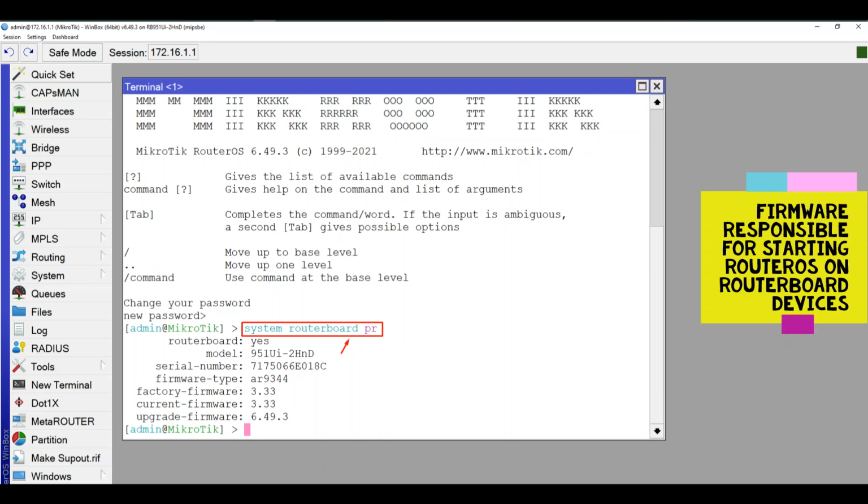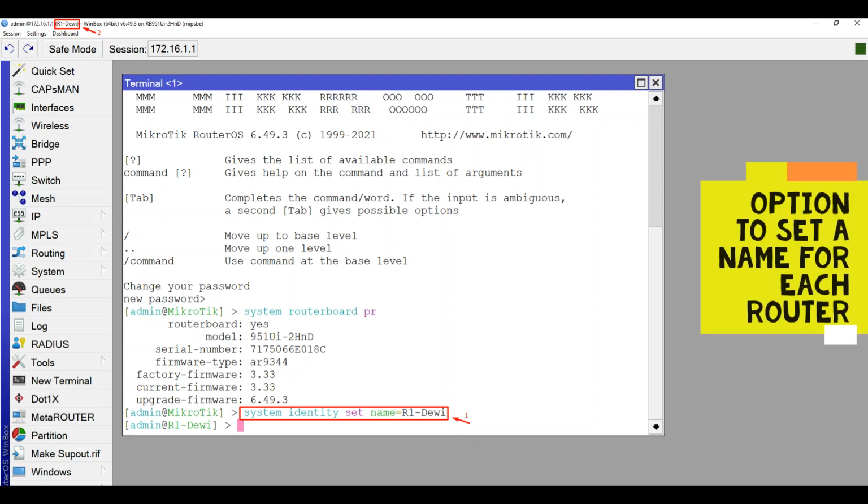The identity of the MikroTik router means the name of your router. You can use the CLI by this command line, and then you have to set your router's name. You can use the number of your router, and then you can attach your name or your admin's name or etc. And then you can see at the top of your Winbox the name is changed,